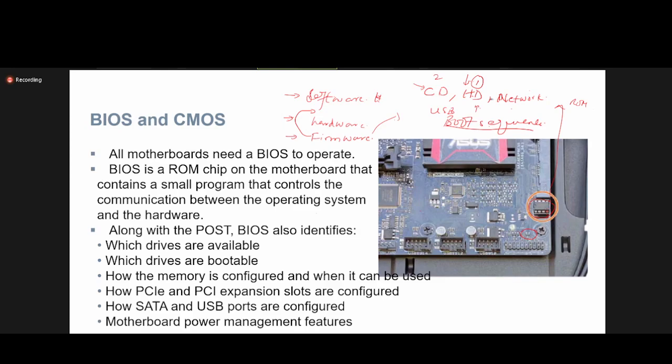Anything else? Virtualization off and on. Yes, virtualization off and on. Okay, very good. Yes, those are the common use. Okay. And the